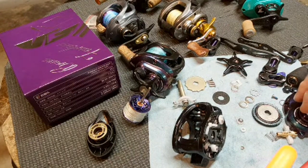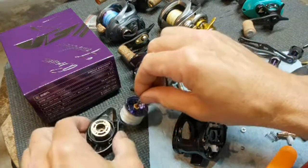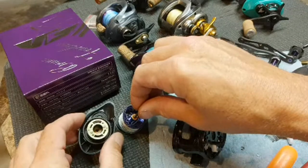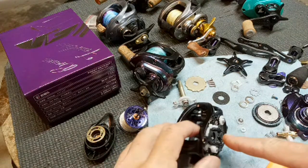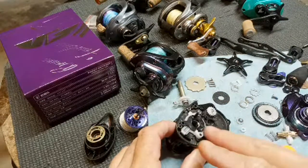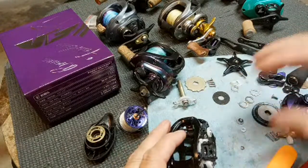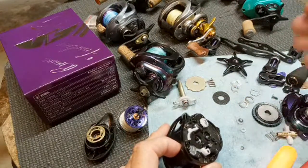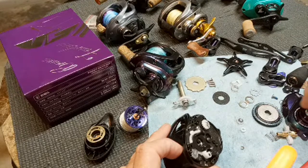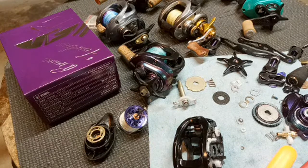We got the roller bearing plus 2, so we just have 2 over here on the cranking side plate. We've got the spool bearings, which are good, nice bearings. You may pay 10 to 20 bucks to get bearings that good on any other reel, but this is supposed to have this. Then we had, was it just two? Okay, so we got 2 here. We got the one that's here, and then this guy. So your main gears are all on bearings. That's actually a good thing. They're all supported by bearings, but count it up again. 2, 4, 6. 6 bearings